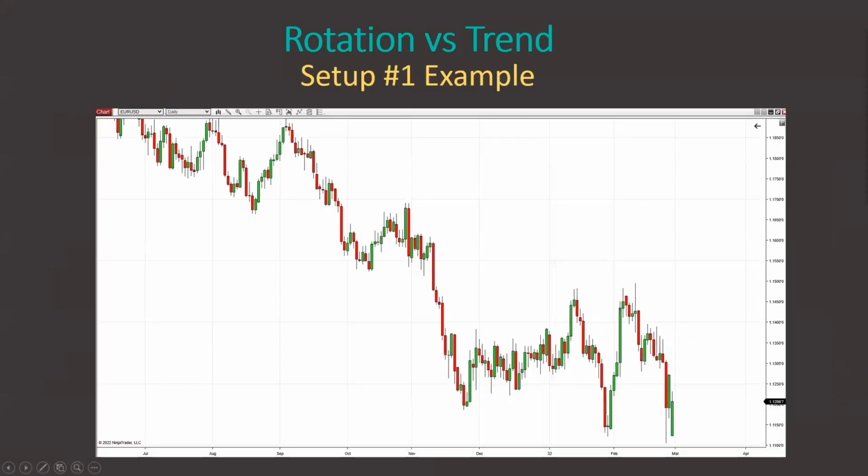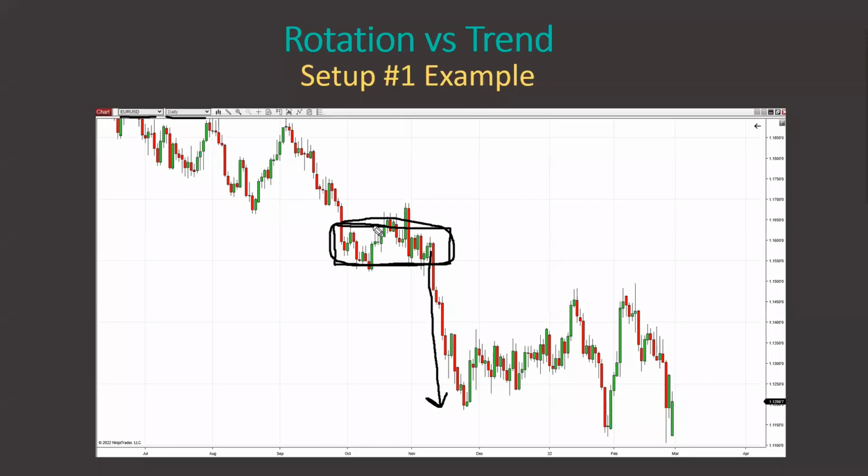Now, here's an example of this. It is an example of a short trade. By the way, this chart, that's a euro dollar, it's a daily chart. And here is a rotation. Price was going sideways. And from that rotation, very strong trend started, right? You see that aggressivity of sellers pushing the price downwards. This is a clear sign of aggressive institutional sellers pushing the price downwards from this area, from this rotation area.